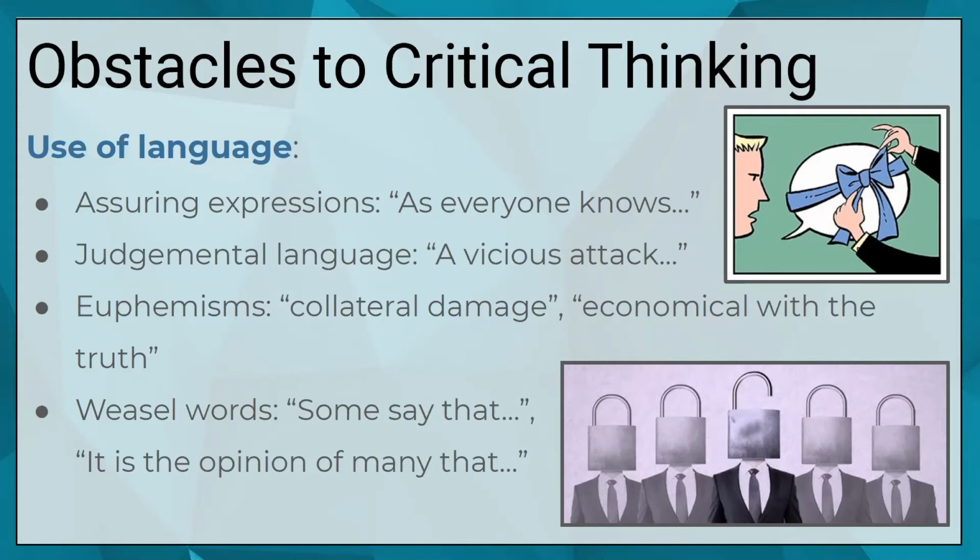Another example would be euphemisms. Euphemisms are just using terminology to disguise the reality of various phenomena. For example, collateral damage. Familiar with that term, perhaps, in the 21st century now, coming out of these many different kinds of wars in the first few decades of the 21st century. Collateral damage would refer to the death and the killing of innocent bystanders in various kinds of violent altercations, in wars or attacks, right? Collateral damage, they weren't meant to be killed, but they are killed. But rather than saying that we've killed innocent people, the term collateral damage disguises that.